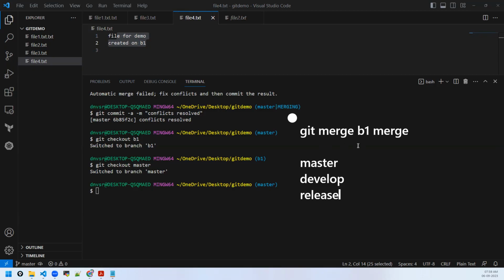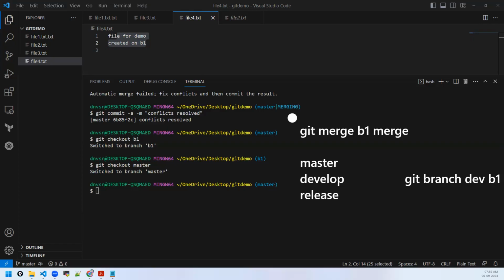This is how the branching will be. Now, if any developer or any DevOps person wants to make changes, if it is DevOps it would be manifest files and all, but if it is a developer, it's code. They create a branch